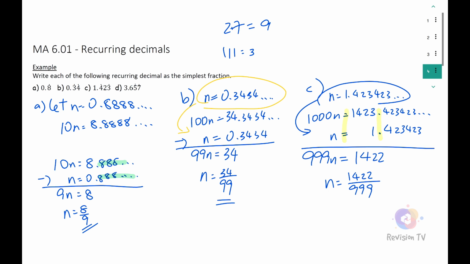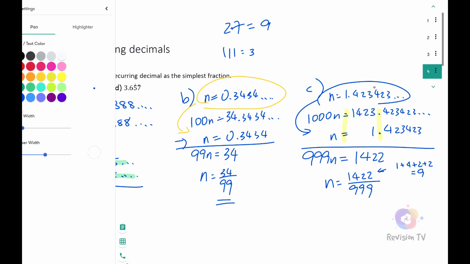4 or 5 doesn't work that way. It only works for 3. So we can use this trick to check 1422. 1 plus 4 plus 2 plus 2 is 9. 9 is divisible by 3. Therefore, I know this is divisible by 3. So my next step is to work out,